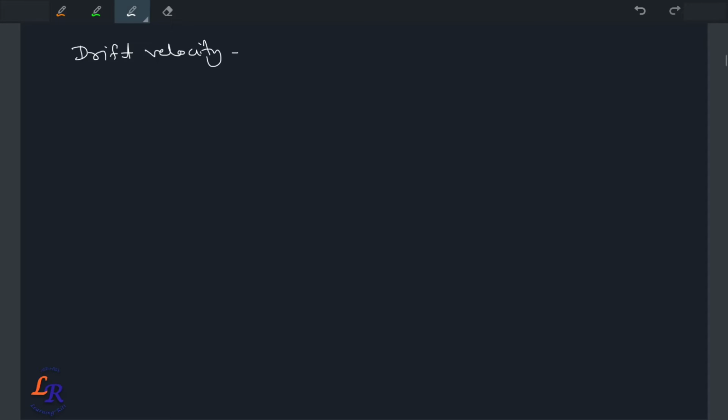So drift velocity is the average velocity with which electrons move towards the positive end of the conductor under the influence of an external electric field. So let's say these are the electrons, and this is the electric field. The electrons will be moving in this direction. The velocity with which the charge is flowing along the electric field is given as drift